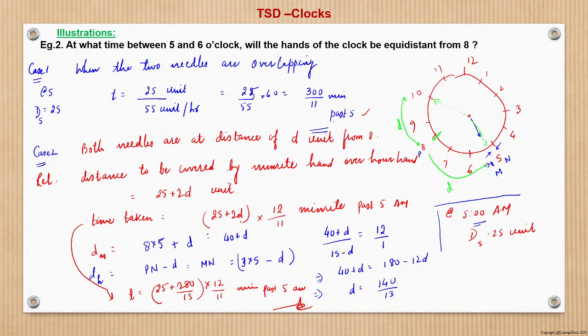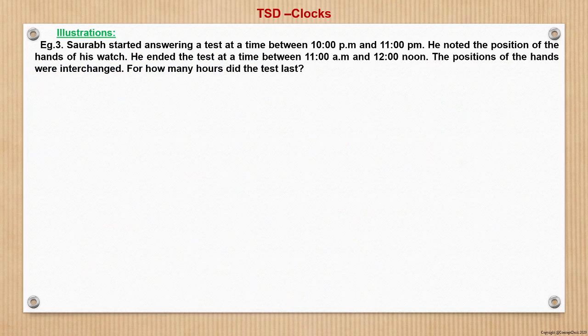And now to find the value of d, we took the ratio of their speeds and the actual distances covered by both the needles in any given time. From that ratio we found the value of d, and that d we substituted and got the answer. So with this, now we'll move to question number 3, and that says that Saurav started answering a